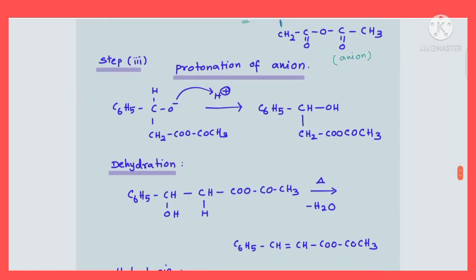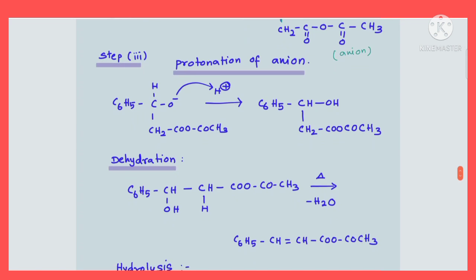Then the third step is nothing but protonation of the anion, the previous product. Now I have written the previous product as such, which carries O minus. Now an H plus will be added to the O minus. That anion is getting protonated. The alpha hydrogen which is removed in the first step comes over here and it is getting added to O minus. O minus and H plus will become an OH group. So now this is the product actually.